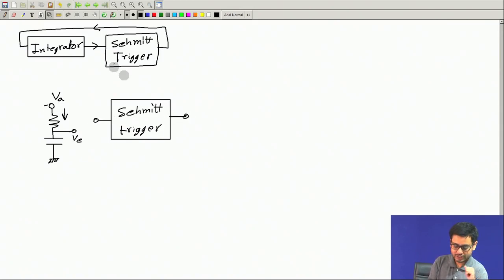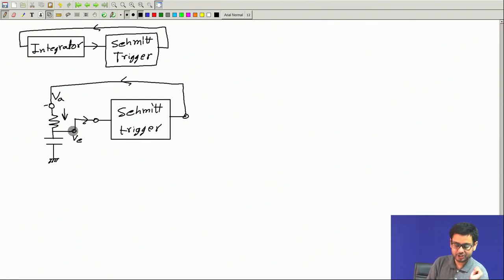Just like what we did in this circuit, we will connect the output of this Schmitt trigger to the input of this circuit. And therefore, if this voltage is at any moment positive, then this voltage will increase slowly, and we will connect this to the input of this Schmitt trigger,